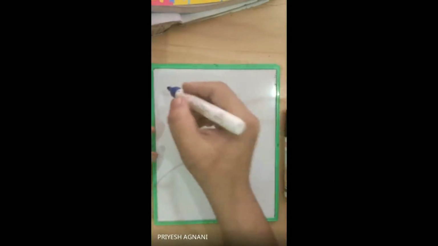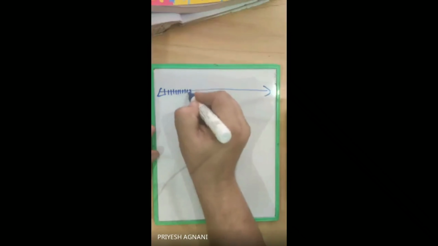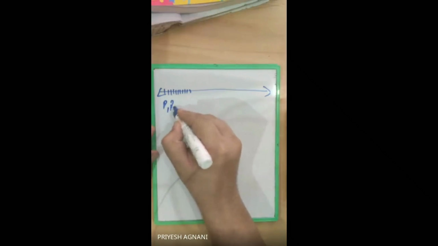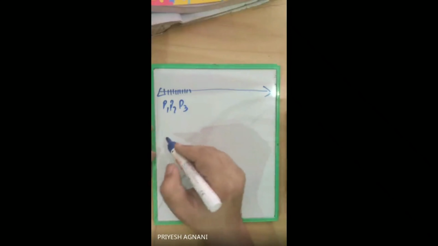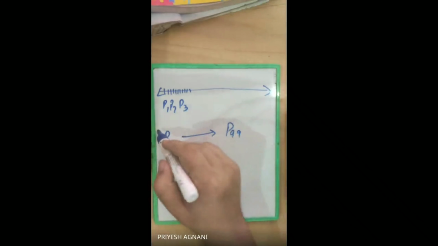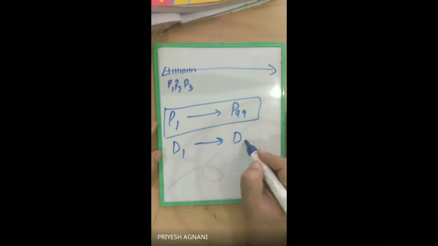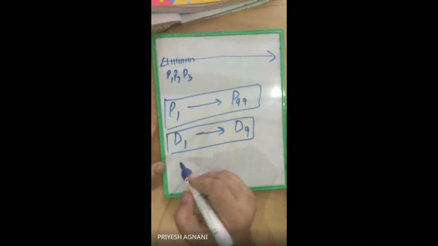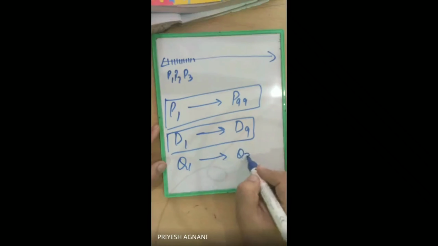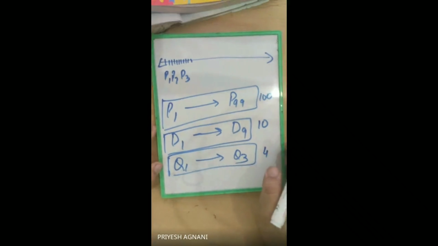Now comes percentiles, that you see in your result. Percentile has got 100 parts. 1, 2, 3, 4, 5, 6, 7, 8, 9, 10. You represent them as P1, P2, P3 because it is percentile, and it starts from P1 and goes till P99. There is no P100. It comes up to P99. Similarly, decile starts from 1 and comes up to decile 9. Similarly, quartile goes from quartile 1 to quartile 3. Here it has got 100 parts, here it has got 10 parts, and here it has got 4 parts.